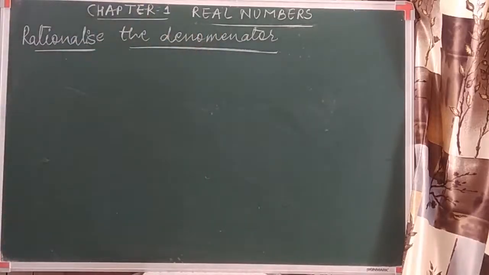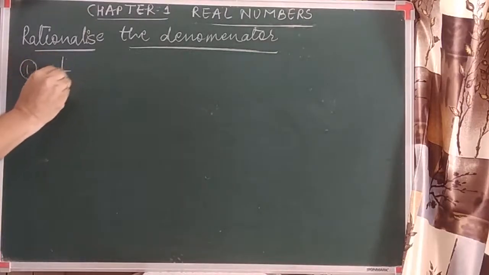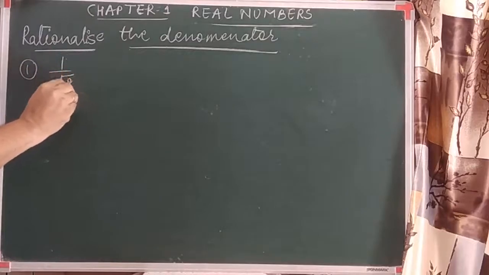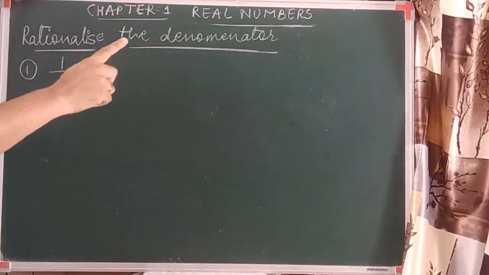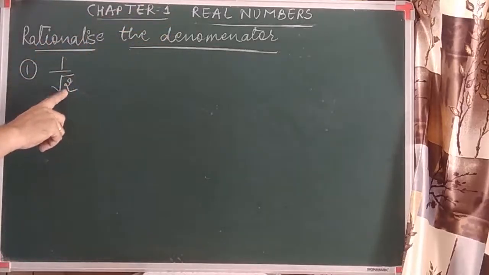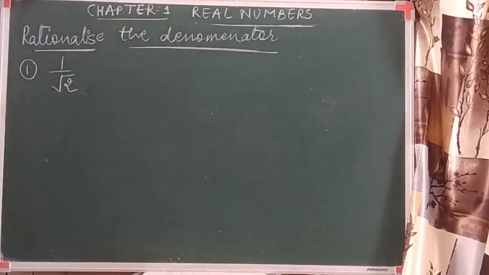So what it says, here the question comes. It is compulsory that the denominator of the question is an irrational number. Let's have an example. Let's take an example of 1 upon root 2. And let's understand the question. It says rationalize the denominator. मतलब जो हमारा denominator है उसको rationalize मतलब rational number में convert करना.